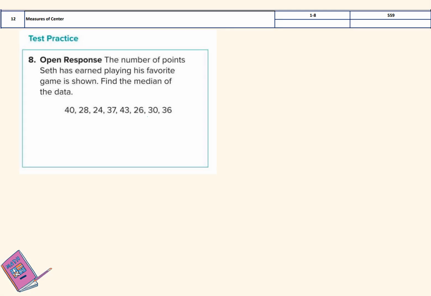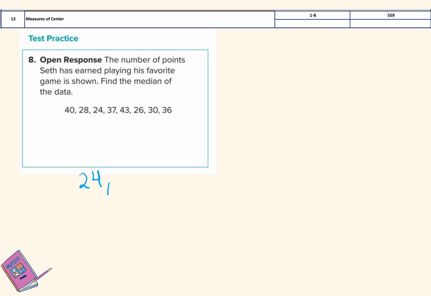In this question, we need to find another measure of center, which is the median. The number of points Seth has earned playing his favorite game is shown. Find the median of the data. To find the median of the data, first you need to order the data from smallest to greatest. So I'm going to start ordering the data, arranging the data from